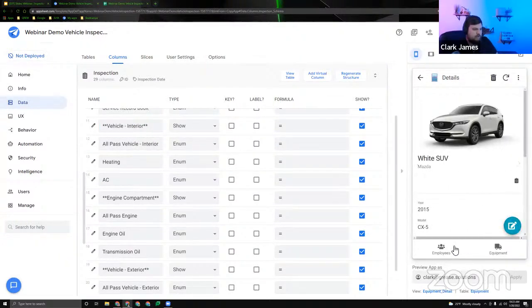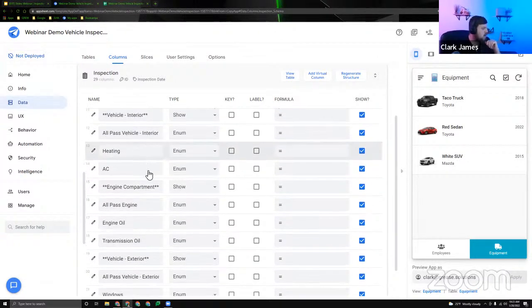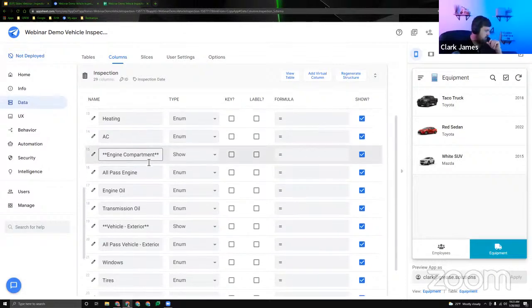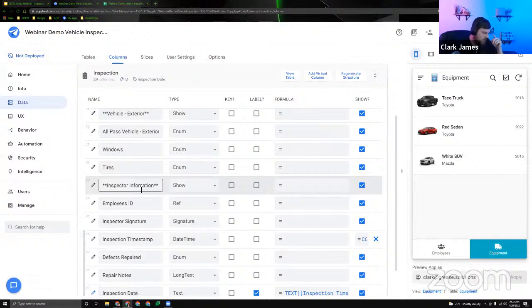I can show you what this kind of looks like. Looks like I need to create that action first, and that's fine. But I'll show you guys those show columns here in a little bit. And then we have a couple more show columns. These are going to go all the way down until we get to the inspector information,